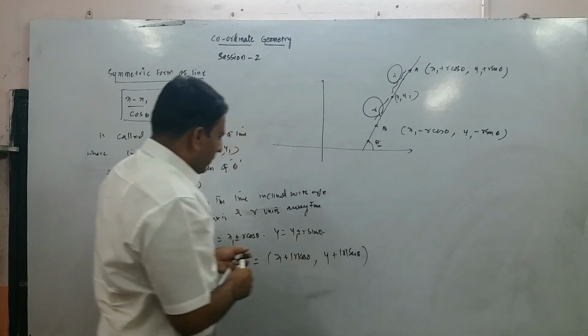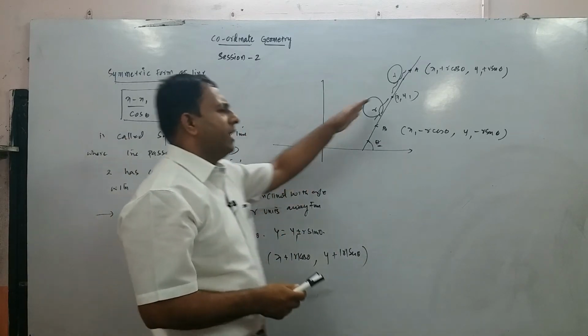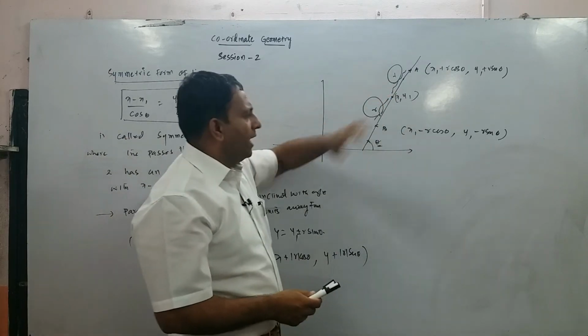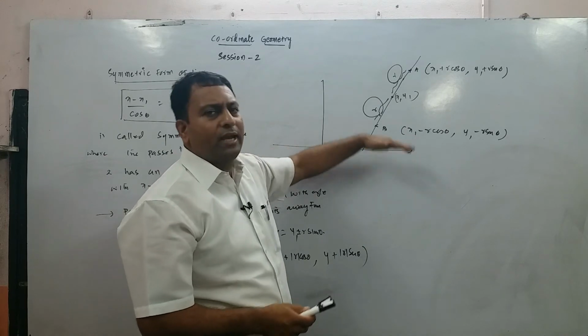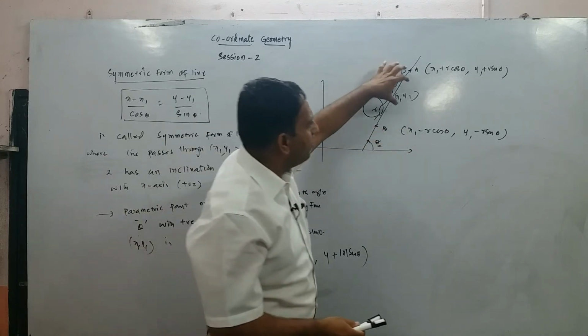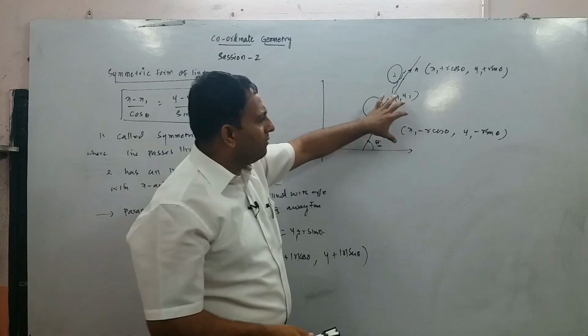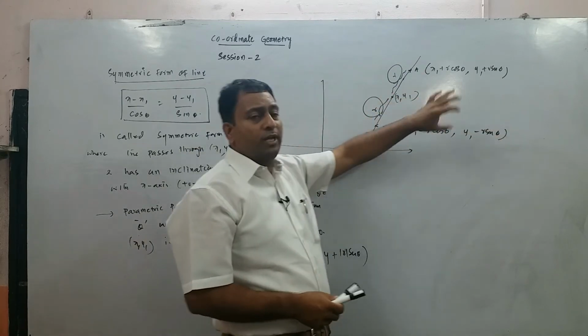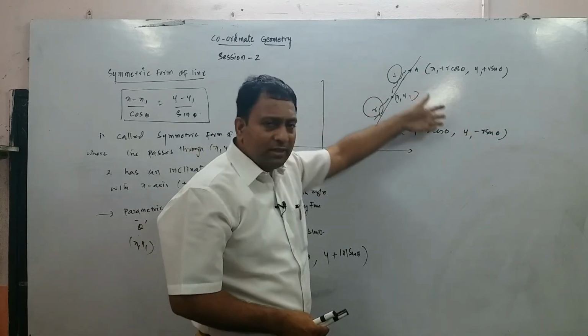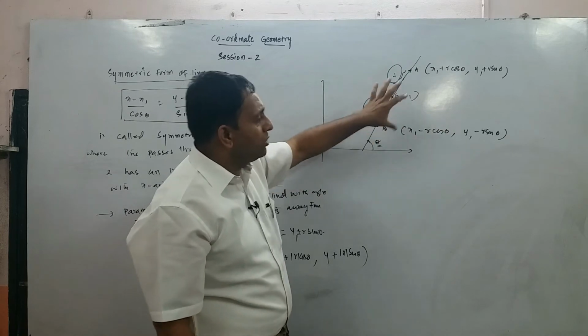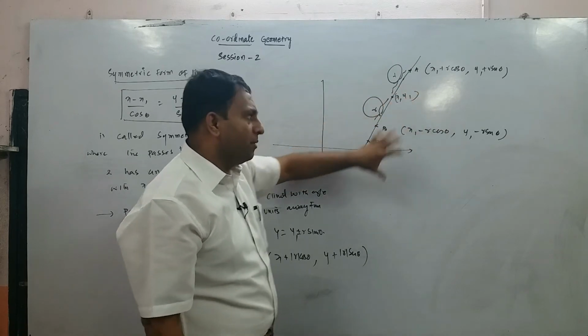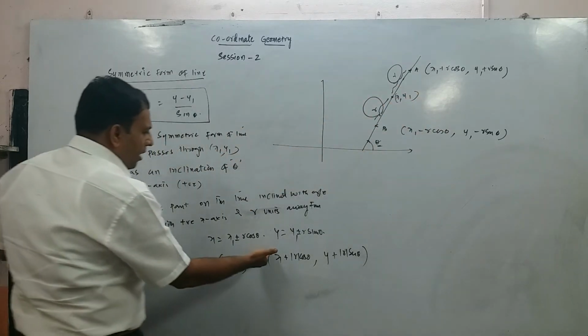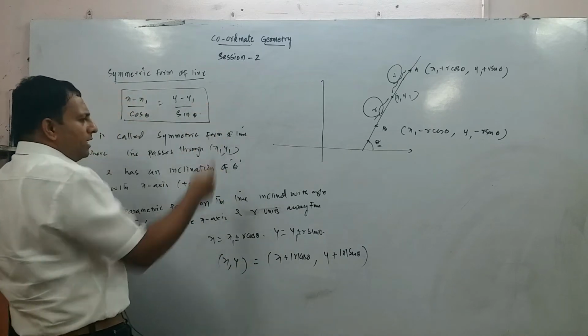So this is called a parametric point, or any point on the line where the slope of the line or the angle of inclination of the line with x-axis is given to you, and any point on the line is given to you. So it's a very, very important question, children, and mostly in Board of Intermediate or 11th standard you get questions based on this, on parametric form of line. In fact, this parametric form is nothing but derived from this only. Let me explain to you.